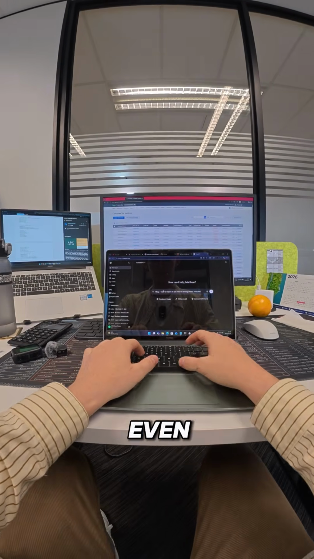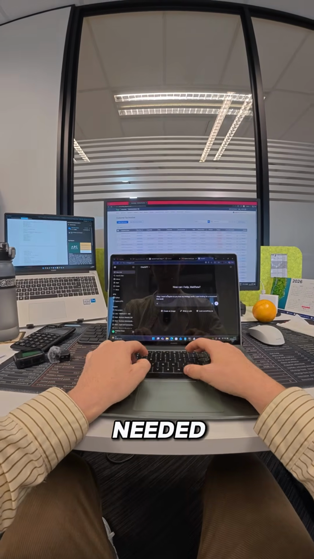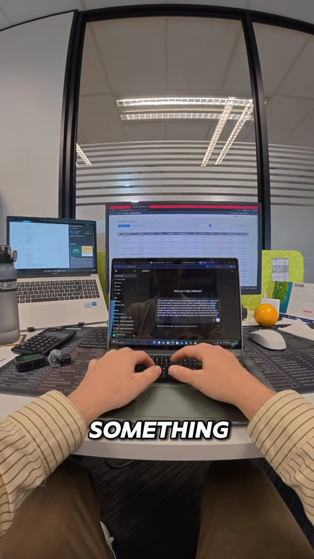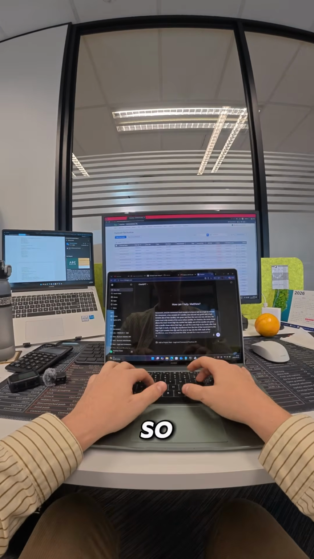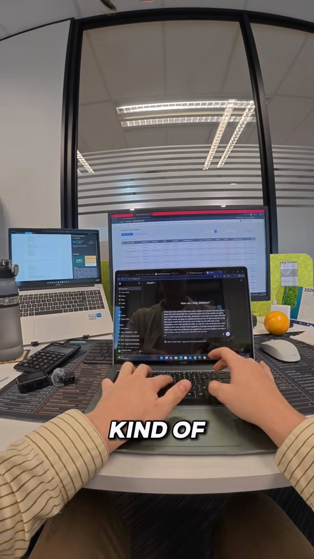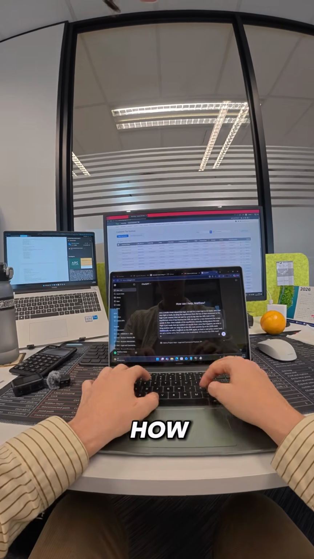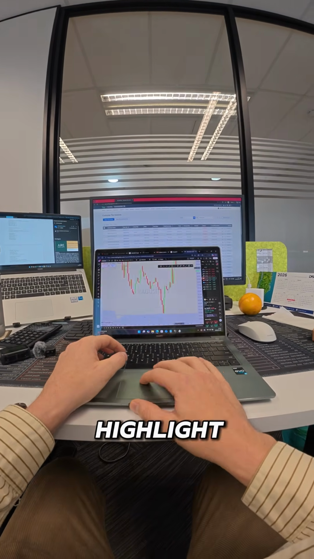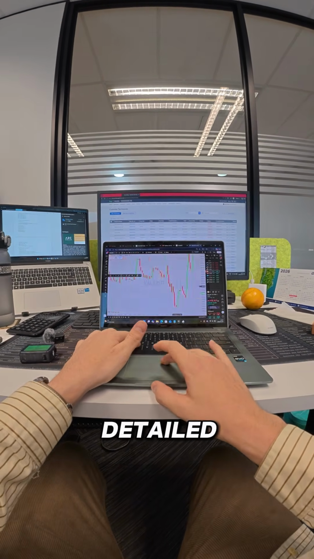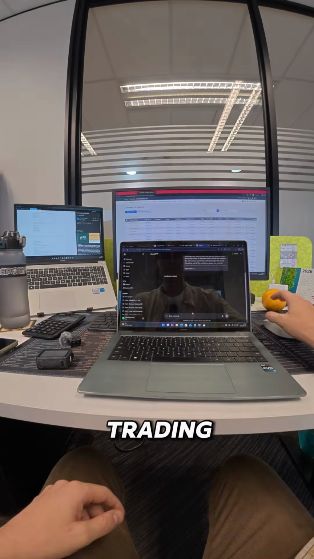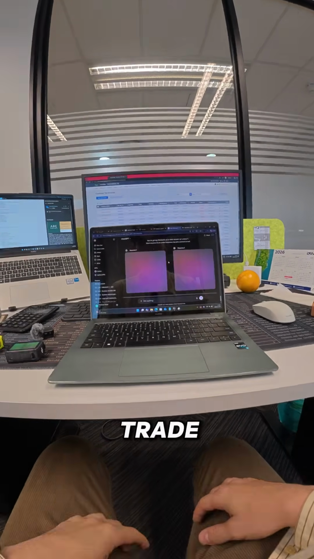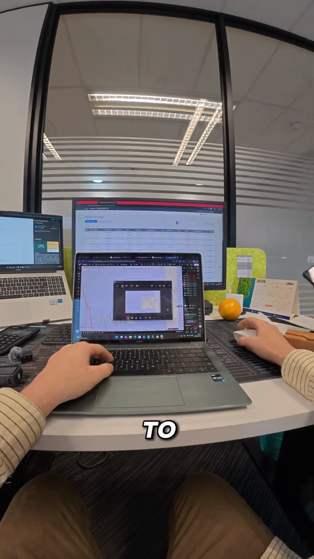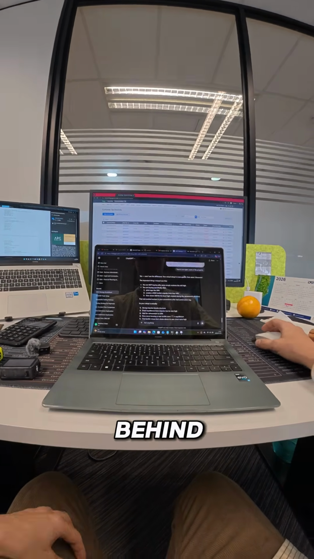So before I could even think about building a trading bot, I first needed ChatGPT to understand exactly how I trade. My strategy isn't something that's easy to explain in a single sentence, so I spent a lot more time than I thought I would explaining to ChatGPT how my strategy works. I took screenshots of chart examples, drew on them to highlight what I was looking for, and created a detailed text prompt containing all of my trading rules and steps I follow before entering a trade. The goal wasn't to just tell ChatGPT when to buy or sell, I wanted it to understand the entire decision making process behind every trade.